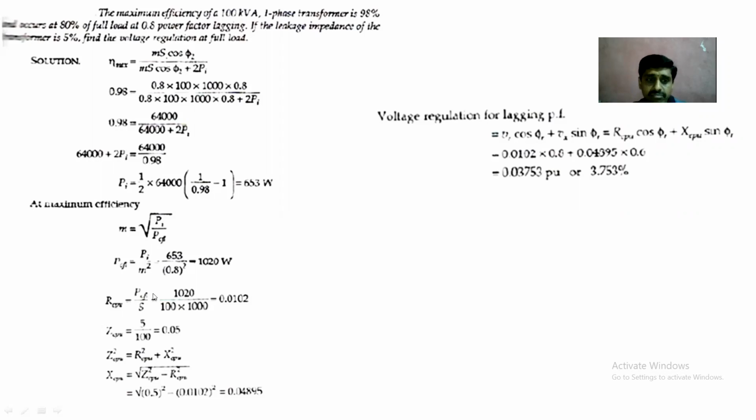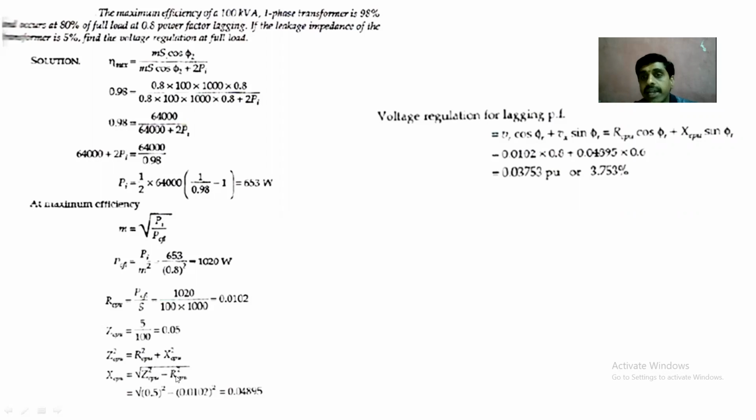So we should know the R and X per unit values. From that you can calculate this regulation. That's why here you see we got the copper loss. From the copper loss we will get the R value. What is the R value? The copper loss divided by base MVA. So therefore R we got. After getting R, they have given Z. That means leakage impedance is 5%, that means 0.05. Because R we got from copper loss divided by base MVA. So like Z we know, therefore X we can calculate in per unit.